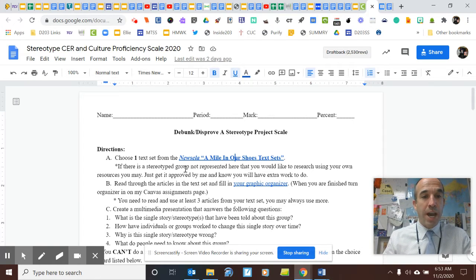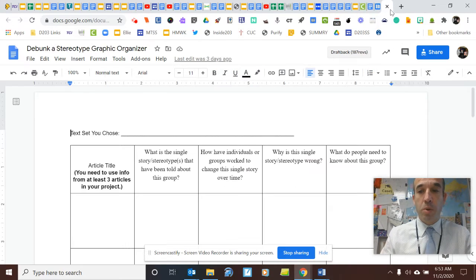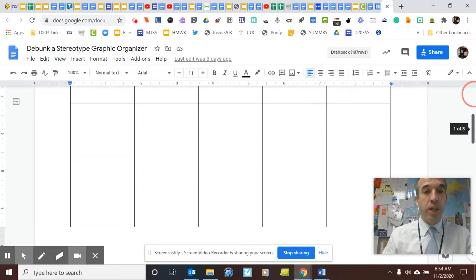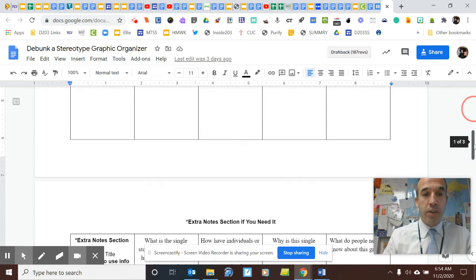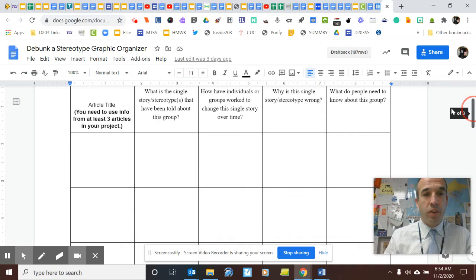So when you do that, you need to fill out this graphic organizer. It's linked there. You're going to end up turning in this graphic organizer for formative assessment points. And here's where you can take your notes on your 3 articles. You can always use more, hence why there is the extra section. You don't need to fill these up, but you do need to fill these up with